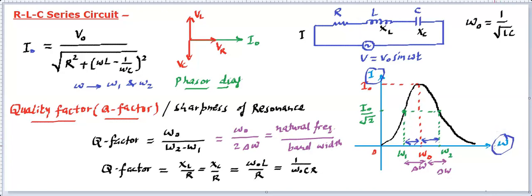So this is called RLC series resonance. In this particular video, we have talked about the LC circuit and particularly the RLC circuit in detail, in all three cases, and the resonance case and the quality factor. And these are very, very important, right?